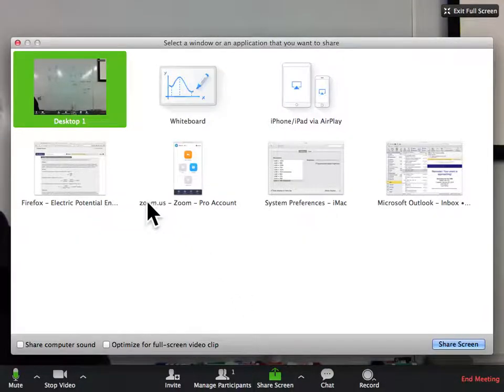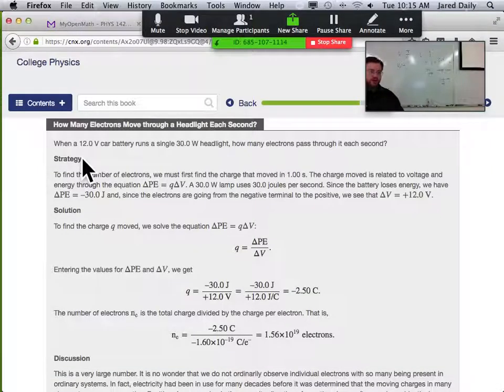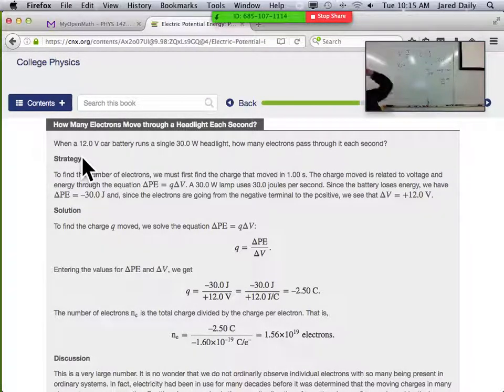And on that page in the book, that's exactly what they do. They take the voltage, which is 12 volts, running a 30-watt headlight, and they take the 30-watt headlight, which is the power, divide it by the 12 volts, which is the voltage, and they get negative 2.5 coulombs. Now, why do we put negative in there? Because it's an electron with its negative charge. Well, the reason is because, no, we're eventually going to divide by the charge of an electron, which is going to be dividing by a negative number, and then that will,